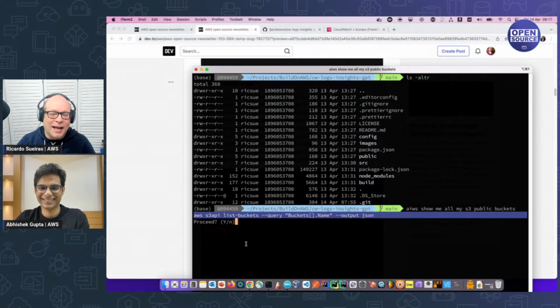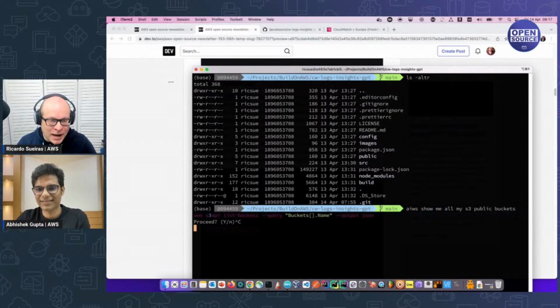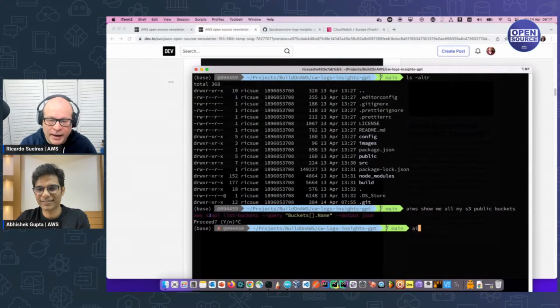So now that's not quite right. Okay, this is not quite right. But you can see that it's basically given me some commands. Another one. So AWS, how do I copy all my local files into an S3